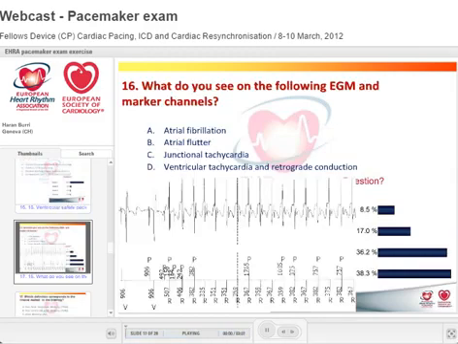Good. Next question, what do you see on the following EGM and marker channels? Okay, so answers 3 and 4. The correct answer here is answer 3, junctional tachycardia. So this is a little bit like EP. On this device, you have the atrial and ventricular EGMs on the same channel, which is sometimes a little bit confusing. But what you can see is you have P and V, that means atrial sensing, ventricular pacing,